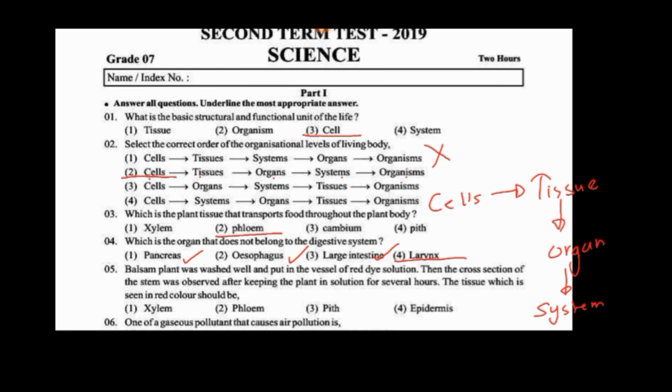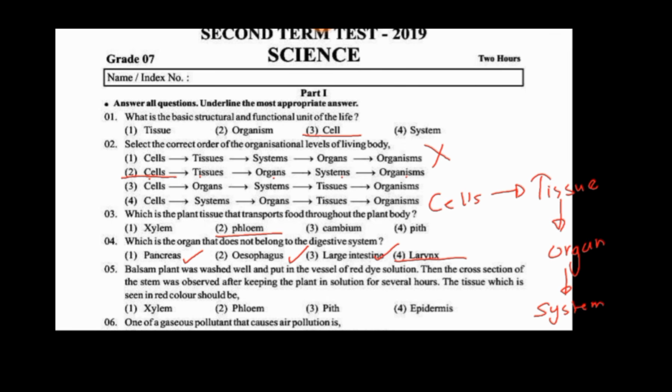A balsam plant was washed well and put in a vessel of red dye solution. Then they took a cross-section of the stem and observed it after keeping the plant in the solution for several hours. They are asking which type of tissue is seen in red color. Obviously that should be xylem, because through the roots of the balsam plant, it absorbs that red